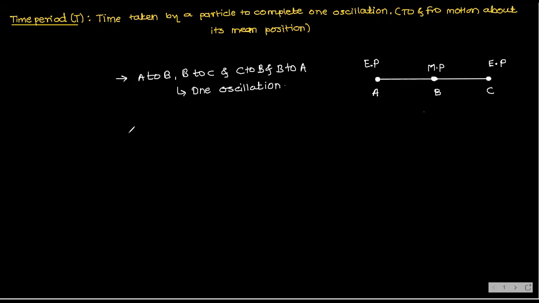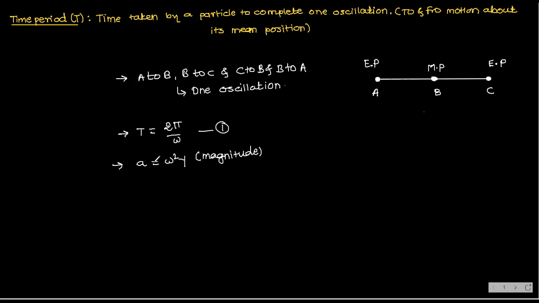Now time period I want to find. So already I know the time period formula, capital T is equal to 2 pi by omega. Let's call it equation number 1. Now we know in SHM, A is equal to minus omega square y, but I am not taking minus, I am only considering magnitude. So that's why I am not keeping the minus sign. Okay.